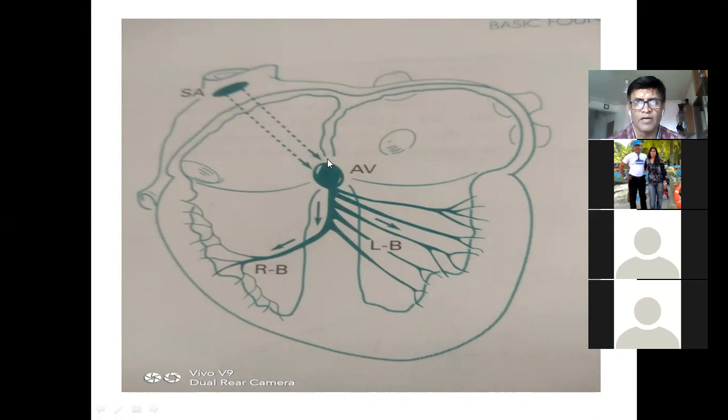Repolarization coming down, then it comes to Q. Why does Q become negative? Because it is going against the flow of current. You understanding? This is recorded as Q. And then R goes up because the lower part of the ventricle is going to contract. It's the area where the ventricular systole is, the maximum contraction to maintain the blood pressure.